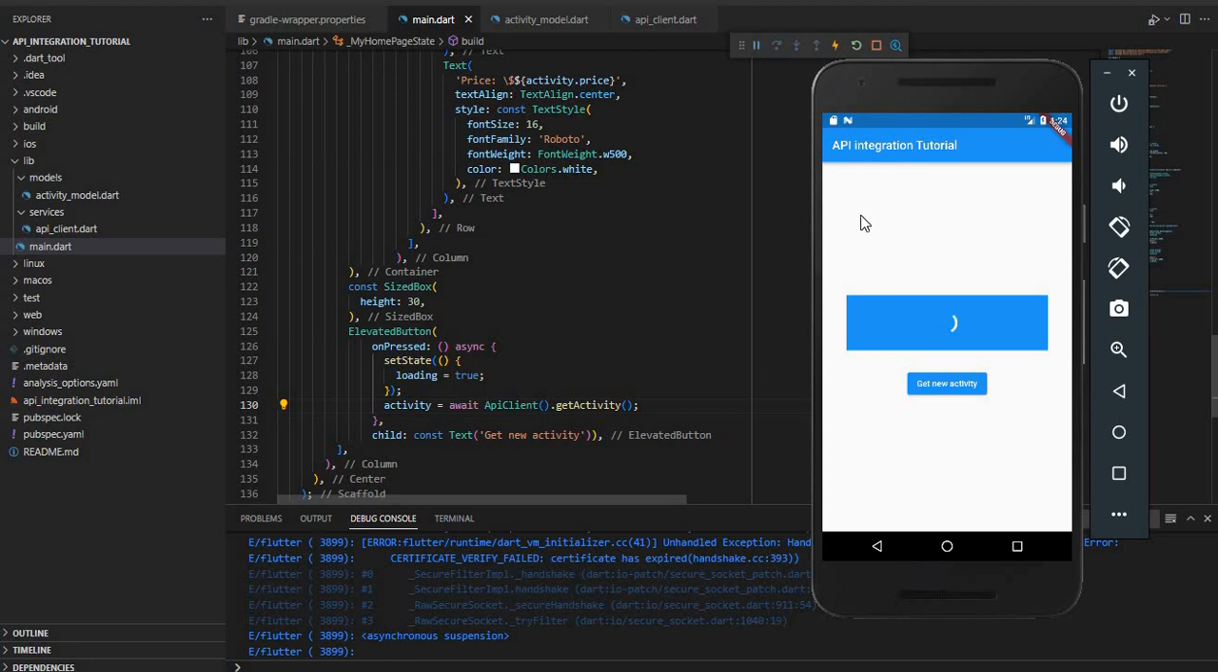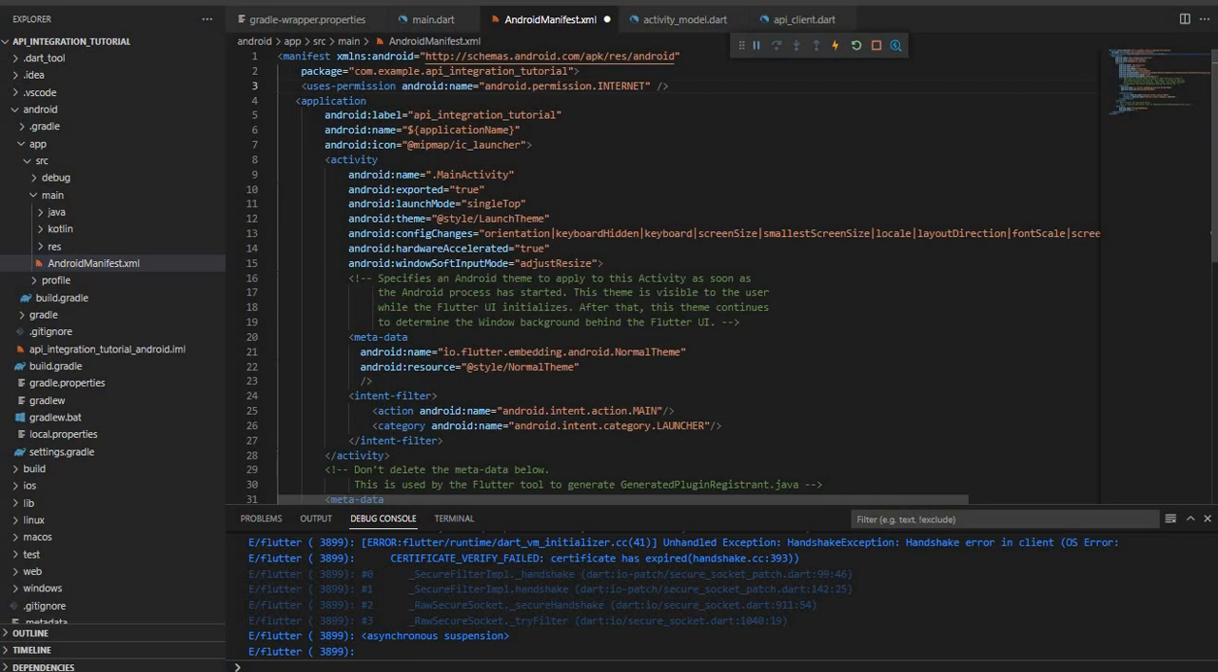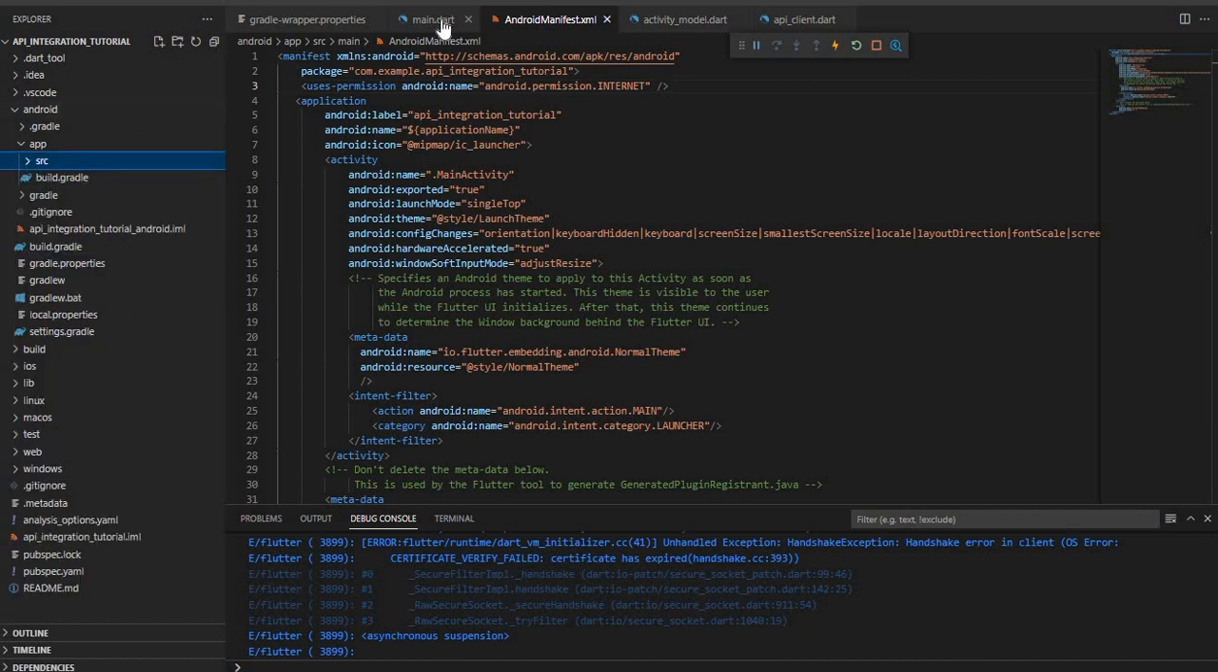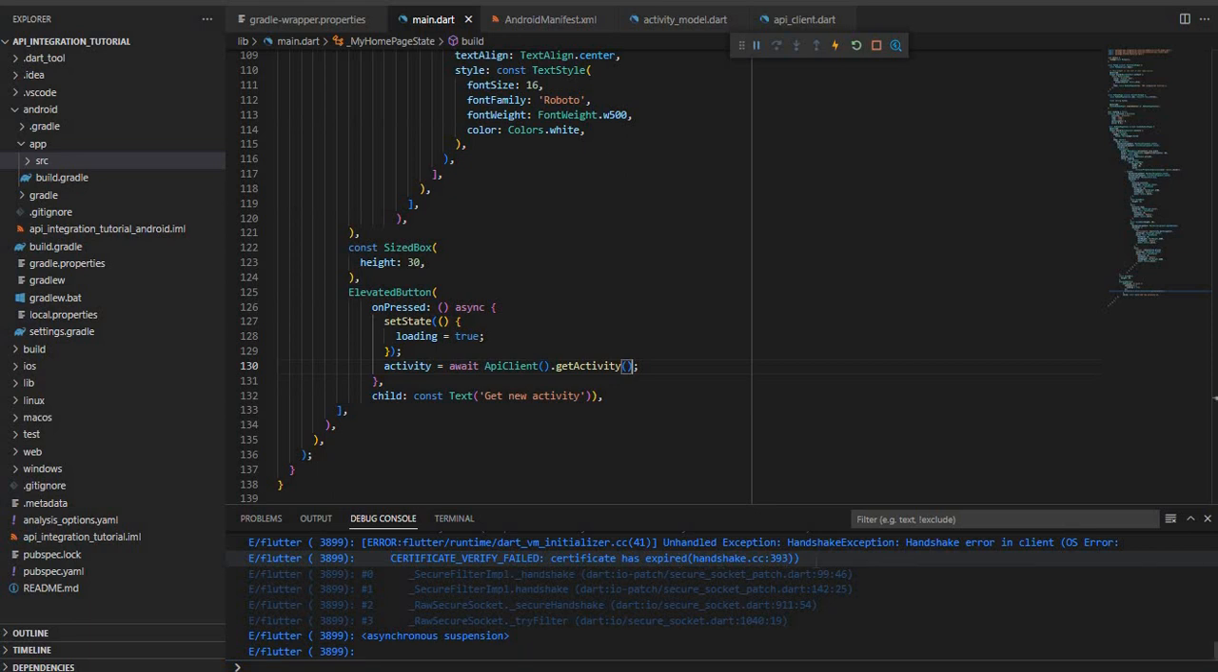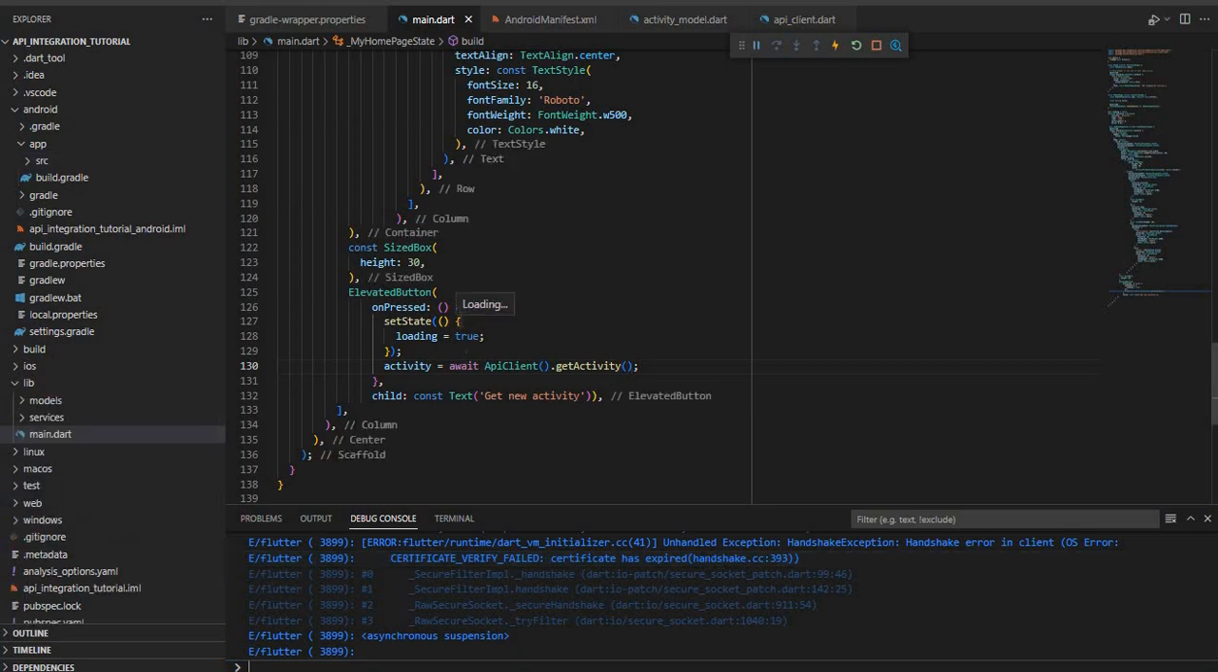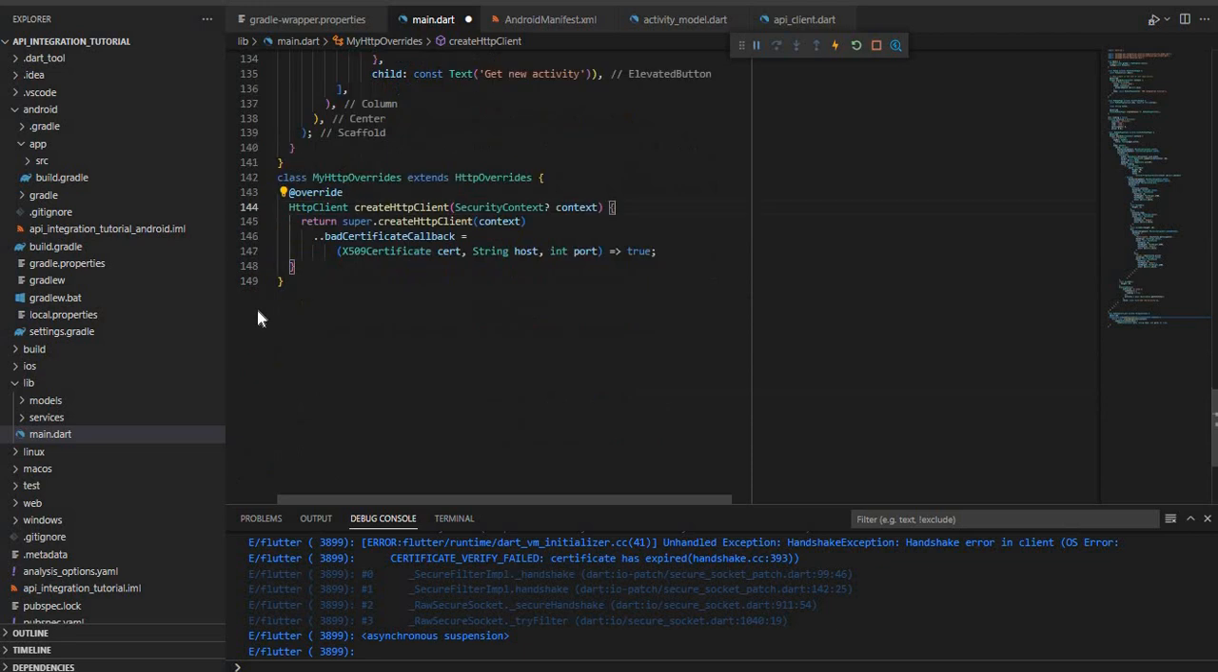Oh yeah, there's a little problem. A handshake error. It's more like a certificate verification error. Okay, so we're going to need to use HTTP overrides for this. So we're just going to get that and then we can proceed. All right, so this is what we need to be able to make this call, the HTTP overrides, and then